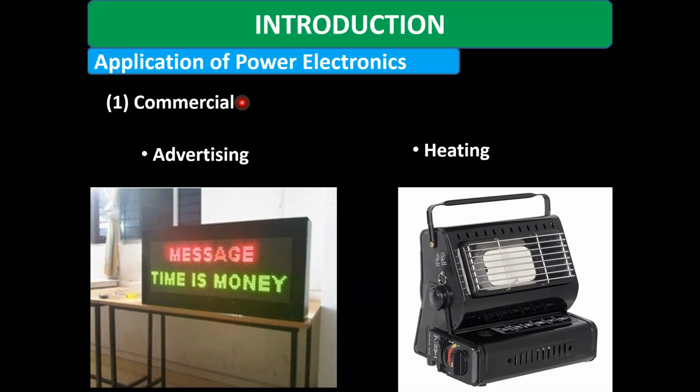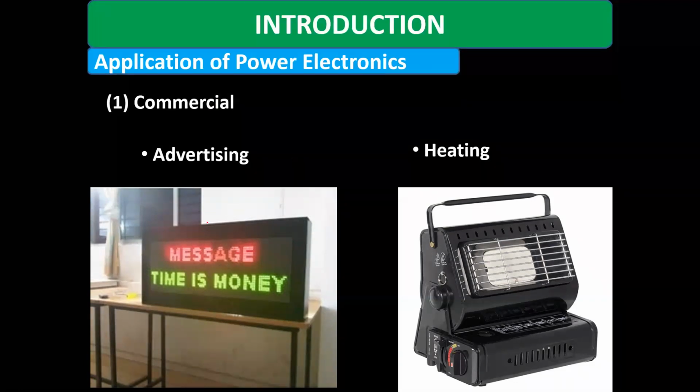Therefore, to convert the total amount of input voltage, that is AC, into the required amount of DC, we need one power electronics converter. Similarly, in the heating section, we need a special converter which converts the unregulated AC voltage to a regulated AC voltage, so that we can control the heating of the heater. That is, if we apply the total 230 volts, then the temperature generated by this heater, let's say, is 100 degrees Celsius.